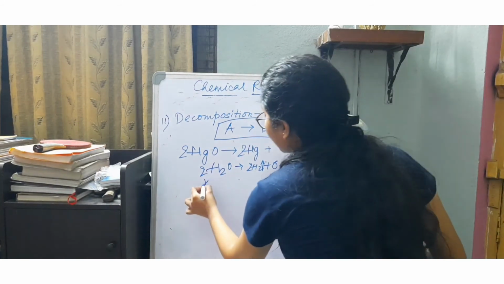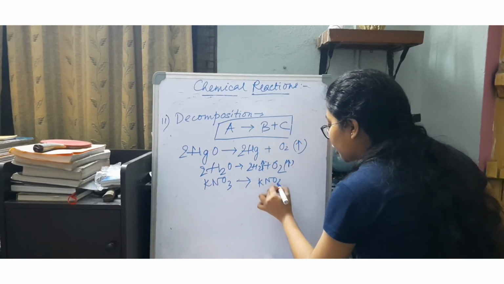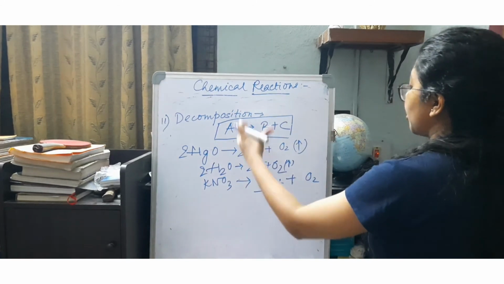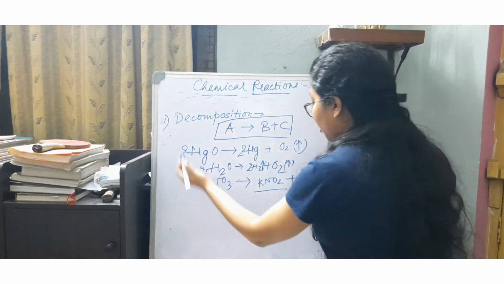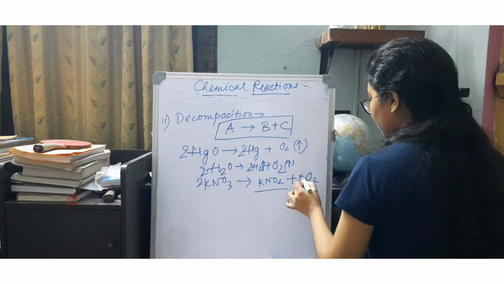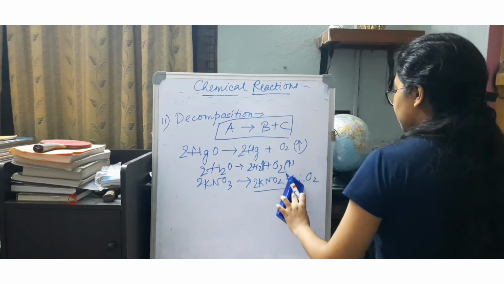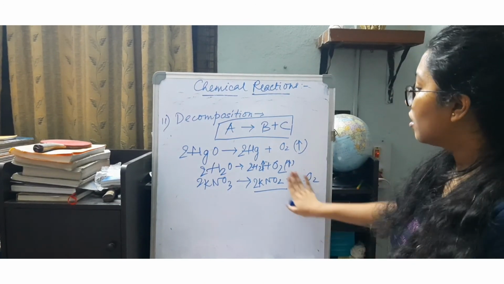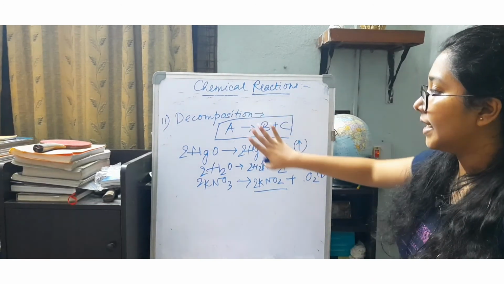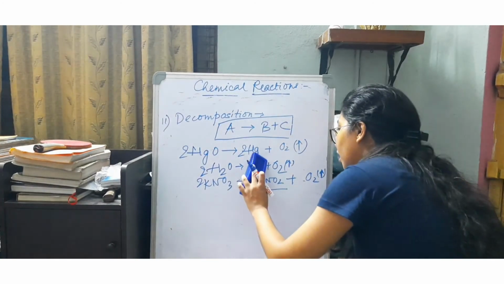One more important thing is the decomposition of potassium nitrate to form potassium nitrite and oxygen. Balancing a reaction is always incomplete without balancing, so you should always balance them whenever you write them down. These are the three most important examples to clearly understand decomposition. I hope you can understand how they are decomposing and dissociating to form the following.